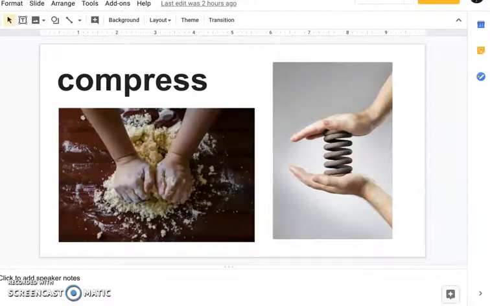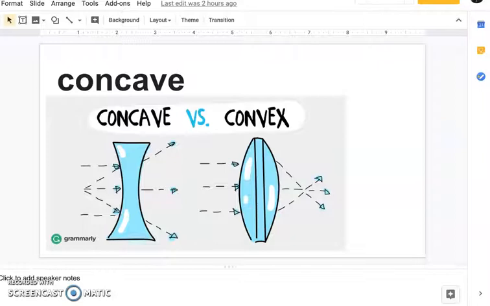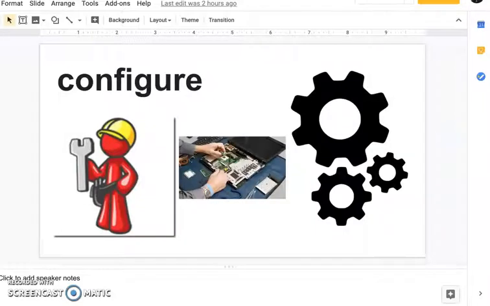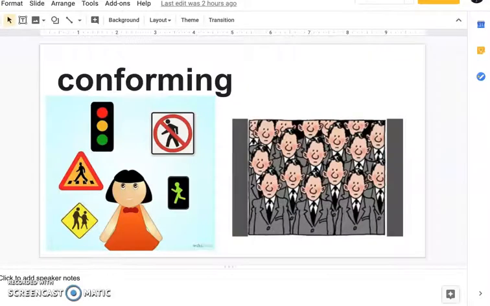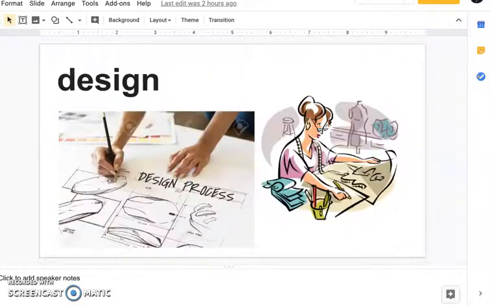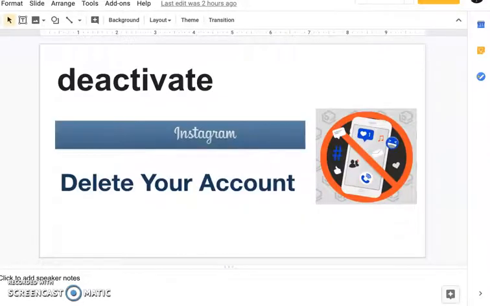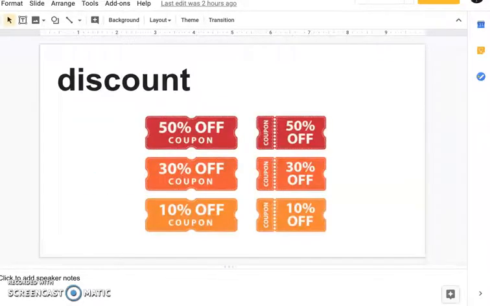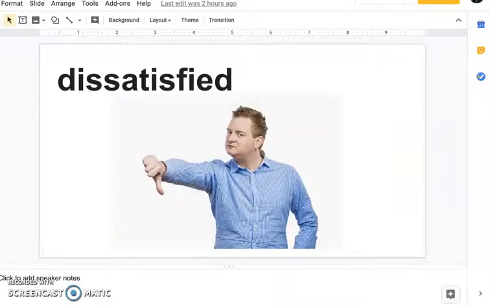Compress, compound, concave, configure, conversed, conforming, design, detour, deactivate, discount, discovery, dissatisfied,